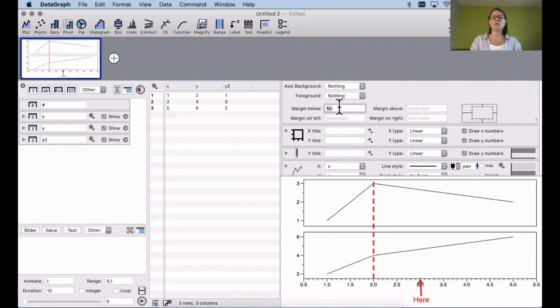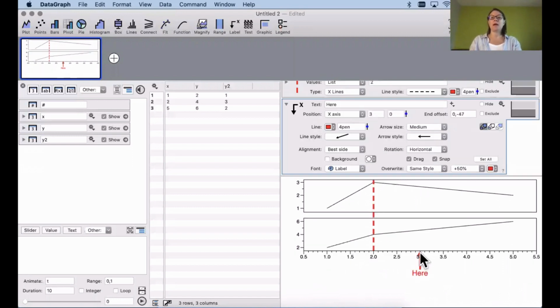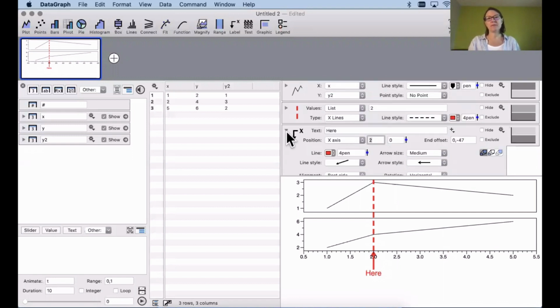So I have 1 inch here, or I could have this be 5 centimeters if I needed a larger gap. And then this arrow, you can see I can move it along, and it will allow me up here to specify the exact X location. Okay, so